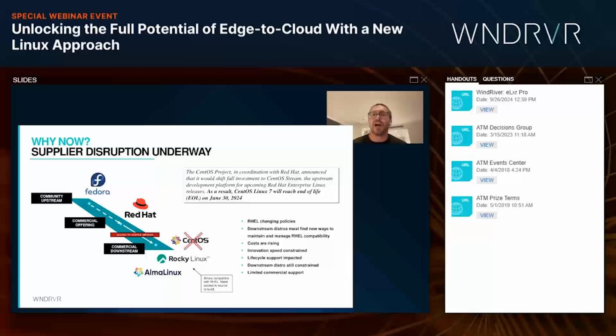And if I think about the why now, and why would I want to add another operating system to the environment and to the open source community in general, what we're seeing is there's a lot of supplier disruption underway, whether it was some of the challenges associated with the deprecation of the CentOS project, which left a large number of folks evaluating some of their supplier constraints associated with Linux, whether it was other people who are changing the interpretation and how friendly they are with open source and downstream developers, whether it's vendors who may not have the large footprint or support footprint.